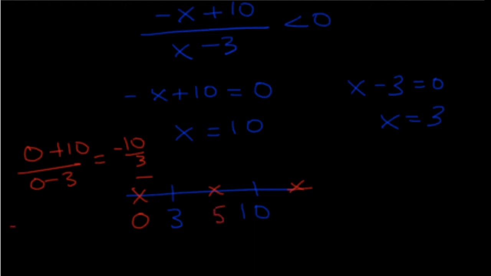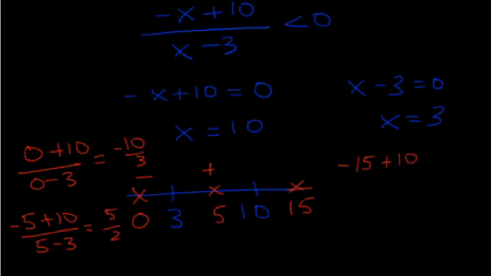So plug it in. I get (-5 + 10)/(5 - 3), which is 5 halves, and that's positive. And finally, I can pick a number to the right of 10, say 15. Plug it in, I get (-15 + 10)/(15 - 3), and that is negative 5 over 12,